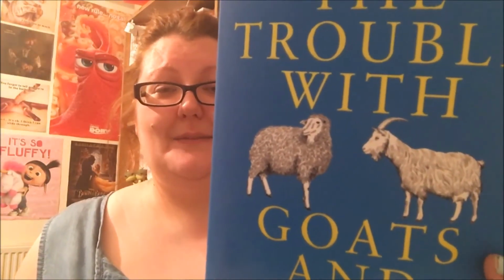Then I have The Trouble with Goats and Sheep. Joanna Cannon has been absolutely taking over the booktubes recently with this book. I mean, look, it's a Benny goat and a baba. This one is another one which could easily have ended up in the crime corner pile, but feels more literary fiction for me. It's set in the heatwave summer of...